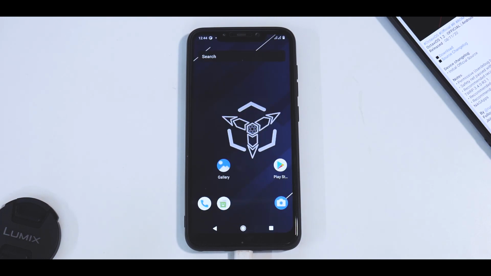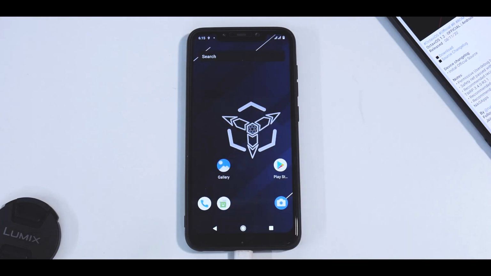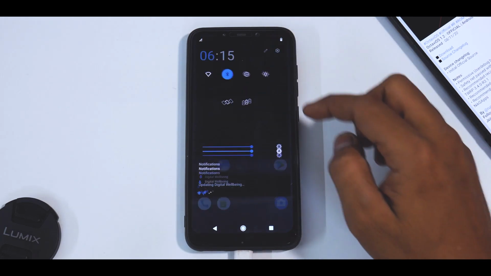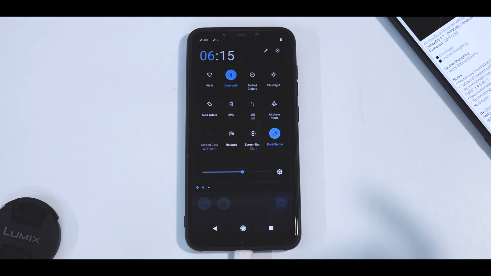Alright, so the boot time was not that long and we are on the home screen. Very few applications over there. Let's see, we have like 13 applications including YouTube Vanced. So let me tell you this, YouTube Vanced is becoming a thing in custom ROMs, which is really nice. Not from a YouTuber's point of view, but yeah, it's good for you guys.